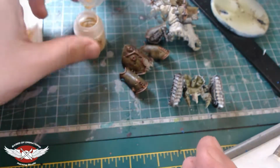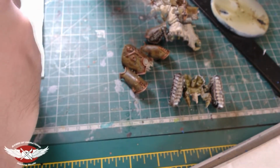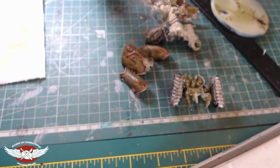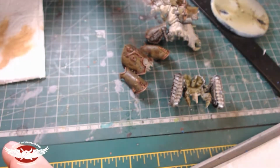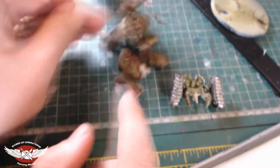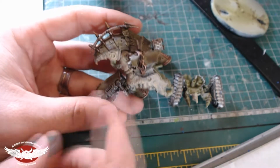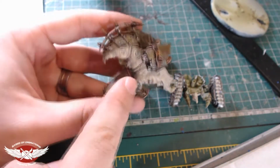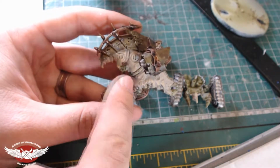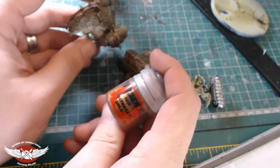And there we go. Now, before I move on to the washing, which will give us a really nice finish to the pale skin, which I've chosen due to how dark the green and everything is. I wanted it to contrast with it, so it's a really dark green, and we've gone with a light colour here. What I want to do is come in with Balthazar Gold,